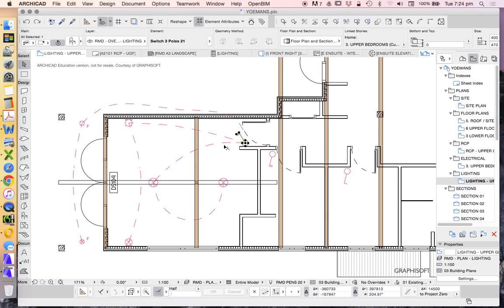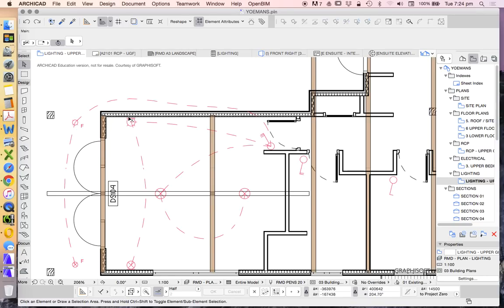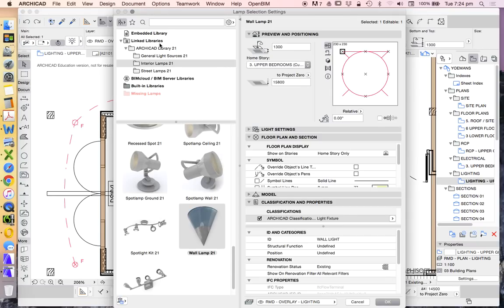So we've got the light switches or the light poles in Archicad, and then we've got the lamps. How do we create the lamps? Let's go into this one. What is it? It's a lamp. Where do we find lamps? Under More, down the bottom of our toolbox. Lamp tool. We go in here, and we can see that we have under the Archicad lamp library,